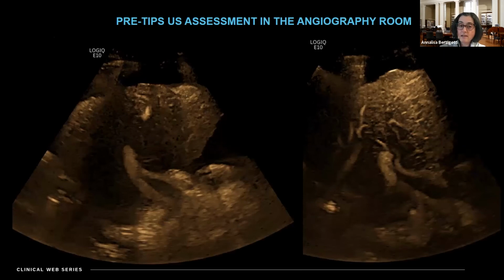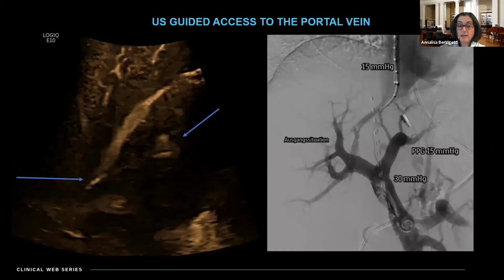We always, in the angiography room, check again the patency of the portal vein with imaging, and I could use this new technology, and you can see how well you can see the thrombus in the portal vein, and how well you can identify the liver vein and the portal vein on the same axis, allowing you then to guide the puncture to the portal vein from the liver vein in a very easy way. And you can see from these arrows on the left, this is the needle that we put, of course, from the liver vein to the portal vein to access the portal vein and put the TIPS in.